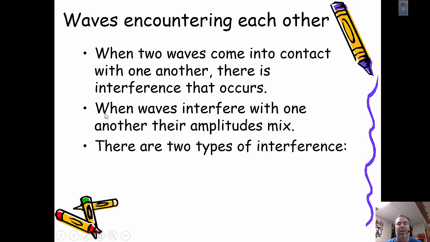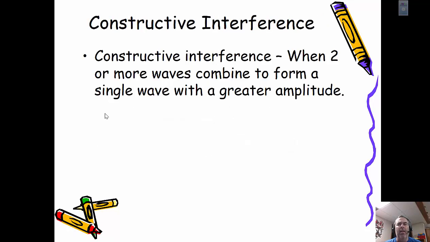There's going to be two types of interference. Those two types of interference, the first one is going to be constructive interference. Constructive interference, when you construct something, you build it bigger, you make it bigger. It says here, when two or more waves combine to form a single wave that appears to have a greater amplitude. I'm going to tell you, constructive interference is a crest meeting a crest, two crests adding together,